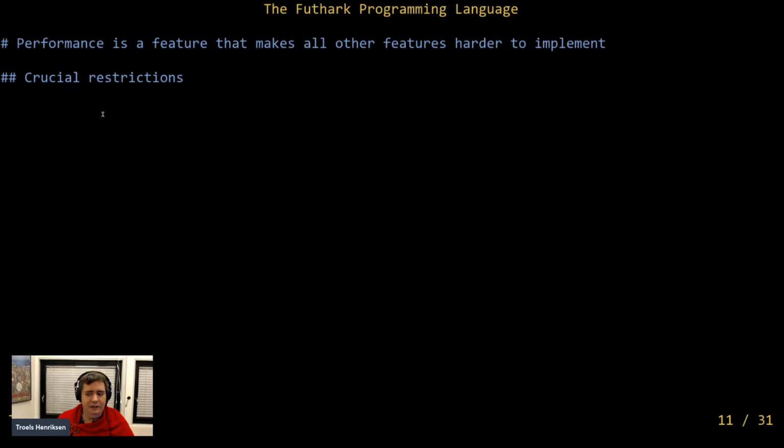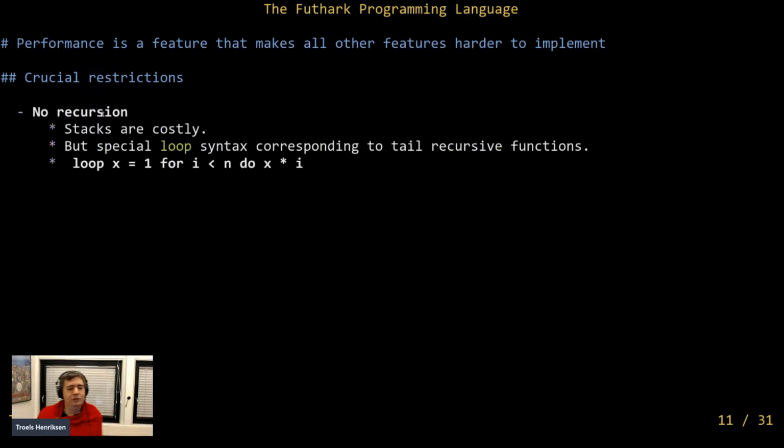Some of these will look quite harsh initially. So the main restriction, which is very unusual for a functional language, is that we don't have recursion. You cannot write a recursive function in Futhark. And this is simply because we want to target hardware, especially GPUs, where unbounded recursion is just way too costly. There are techniques for implementing it, but they result in slow code. And we don't see any point in having a language designed for performance where there's a feature that, if you ever use it, your program will just be slow. That seems kind of contrary. So it's better to just avoid it, so programmers will not accidentally write code that doesn't actually do what they hoped it would do.